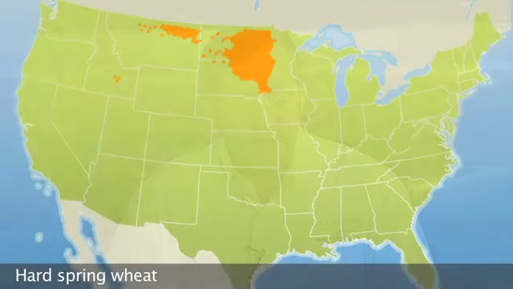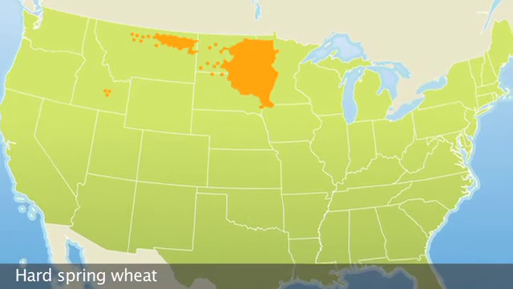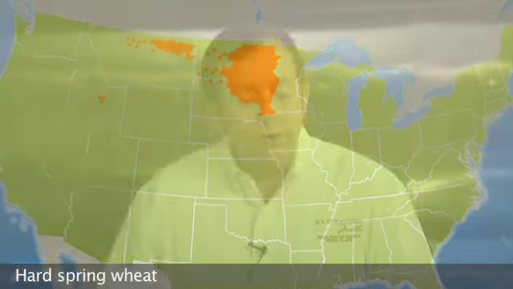Hard spring is your northern, up into your Dakota area. Those are the types of wheats that are even up into Canada. Typically your higher protein flours are the hard and spring, where your soft are your lower protein flours. We'll talk a little bit more about what protein does for you and how you can take advantage of different levels of protein, and in some ways how we can take advantage of the different characteristics that flour has across